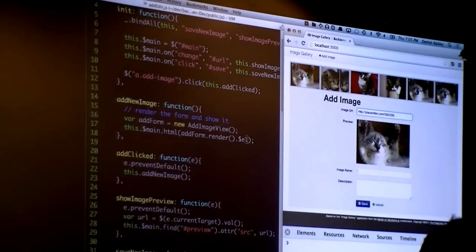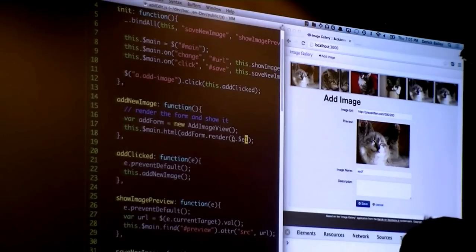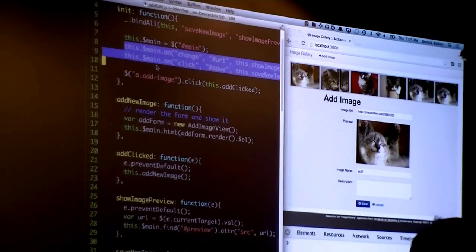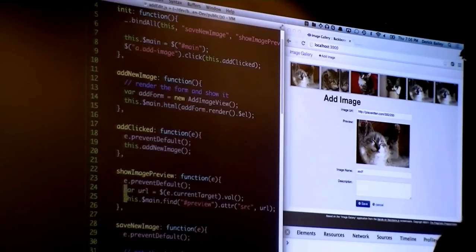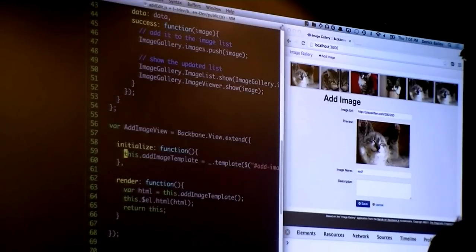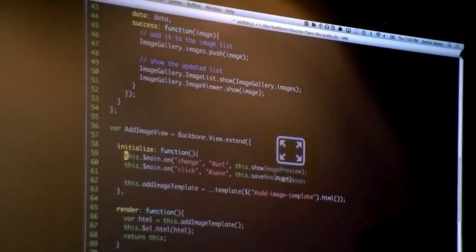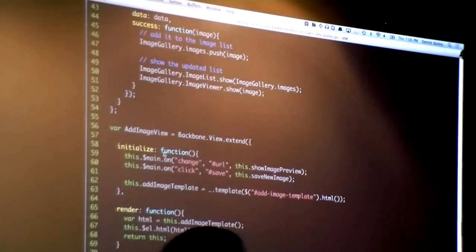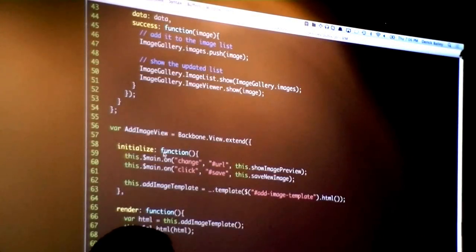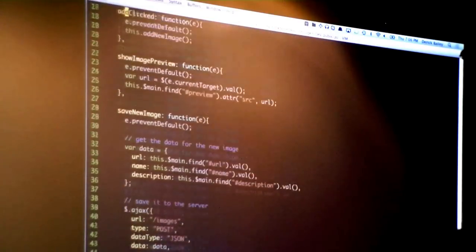I can still select this. I can still see my preview. But I haven't really taken full advantage of the Backbone view yet. My events are still happening in this old object. So these events can be configured inside of the Backbone view. Now I could go ahead and just paste these two jQuery event handlers down into the code right here. So you have this $main.onChange, call this callback, and the click event, call that other callback, which means I need to move both of those functions